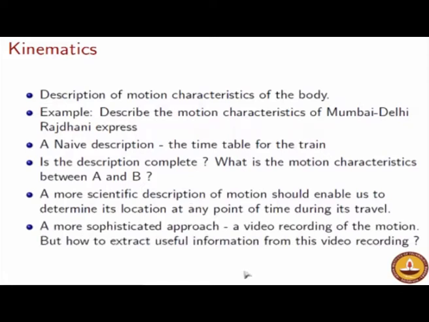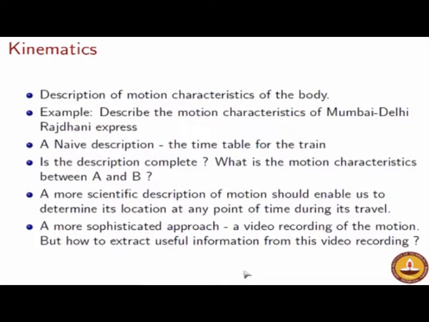These days, you have apps and GPS trackers, and you could say that a complete description is obtained on, let us say, a Google map, where with a pointer, even taxi drivers have such apps, they can determine location. That description is complete, definitely true, but even from such a GPS location you cannot determine velocities and accelerations; you can at most determine positions. So we want a description which not only gives position but also gives velocity and acceleration.